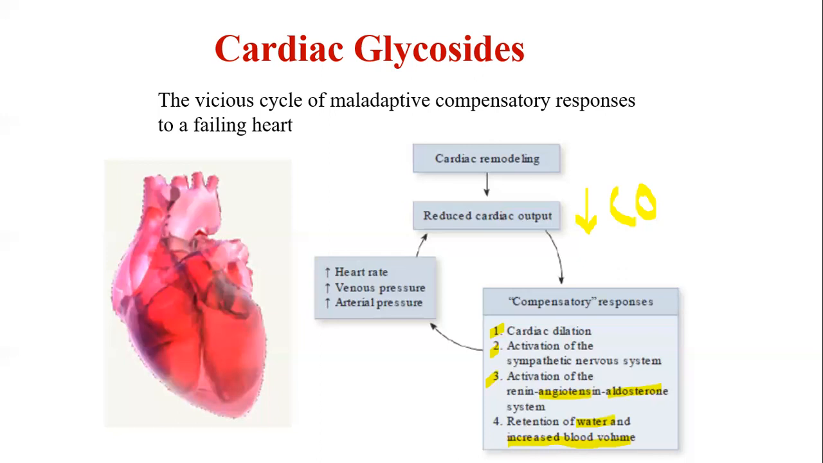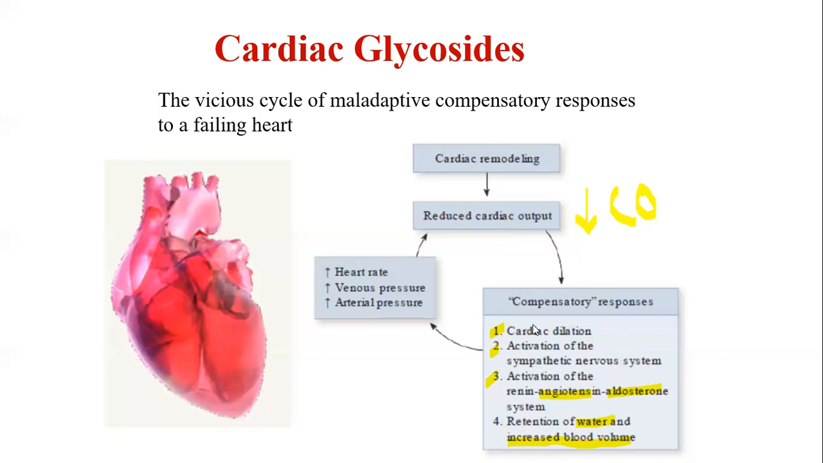Before starting the pharmacology, I'd like to explain the maladaptive compensatory response to the failing of the heart. When the heart fails or does not work well, our heart tries to compensate with other systems. Cardiac remodeling reduces the cardiac output, and when cardiac output is reduced, the heart tries to compensate with the system,